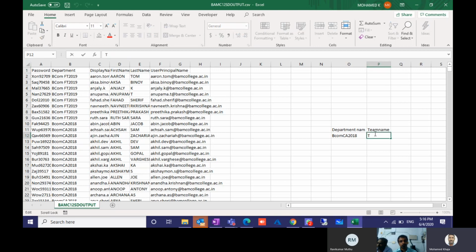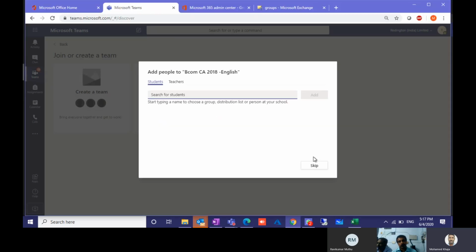For this department, I will be giving English, fifth sem. Likewise, you can give. If you see here, for this team name, this is the department. So it will be very helpful for you to maintain a record and work accordingly. It will be very easy for you to track.